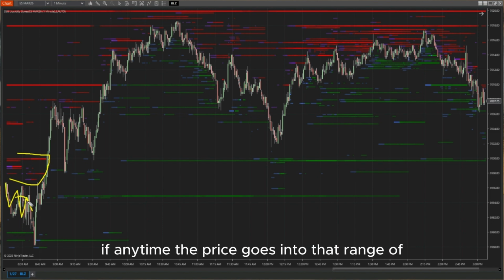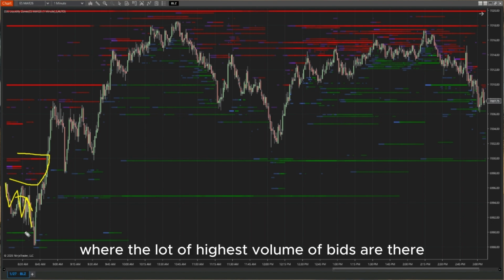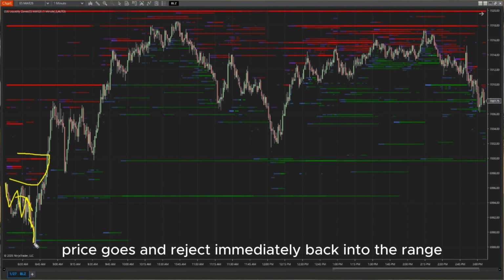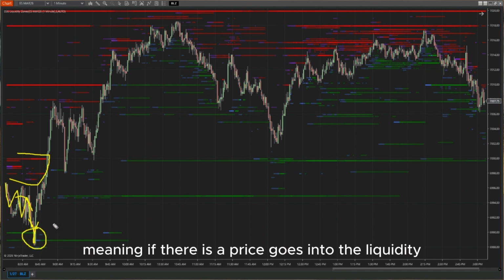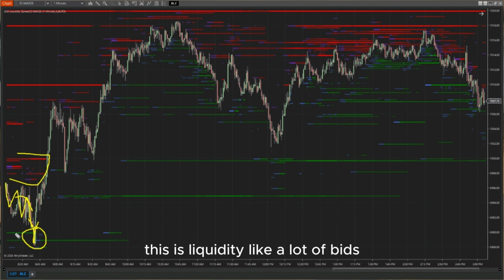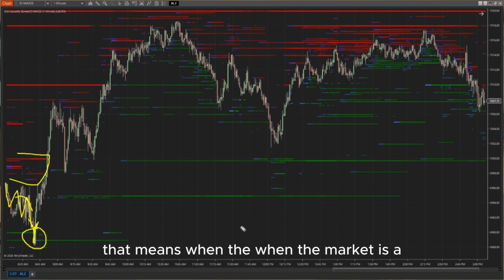Anytime the price goes into that range where the highest volume of bids are, price goes in and rejects immediately back into the range. This is what we are going to use. Meaning, if price goes into the liquidity, this is liquidity, a lot of bids, and immediately rejects, that's what we're looking for. That means when the market is